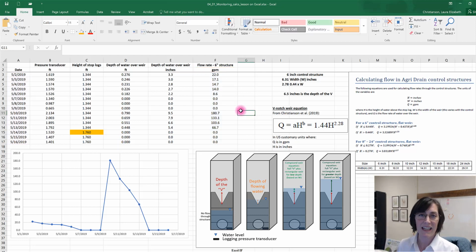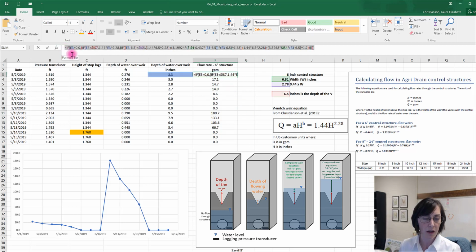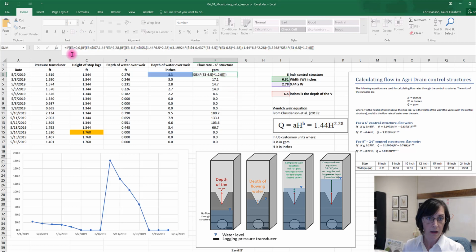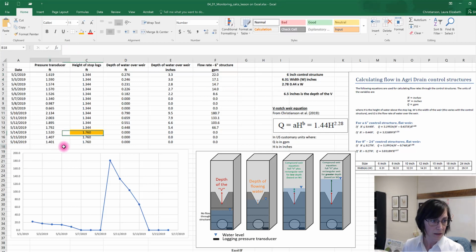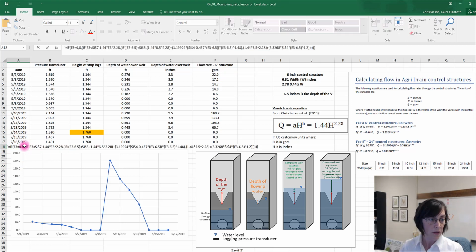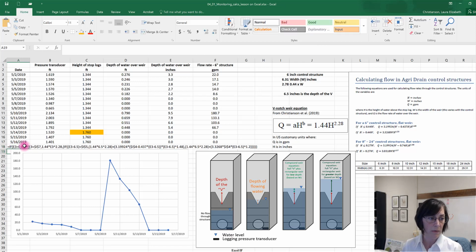So just for posterity's sake, for a little extra transparency so you can actually see my equation, I'm going to copy my equation, Control C on that. I'm going to come down here, let me come right here, I'm going to do an apostrophe so it doesn't recognize it as a formula, so I can just paste the formula in with it recognizing it as text rather than an actual formula. And there you see, that's the full formula written out.